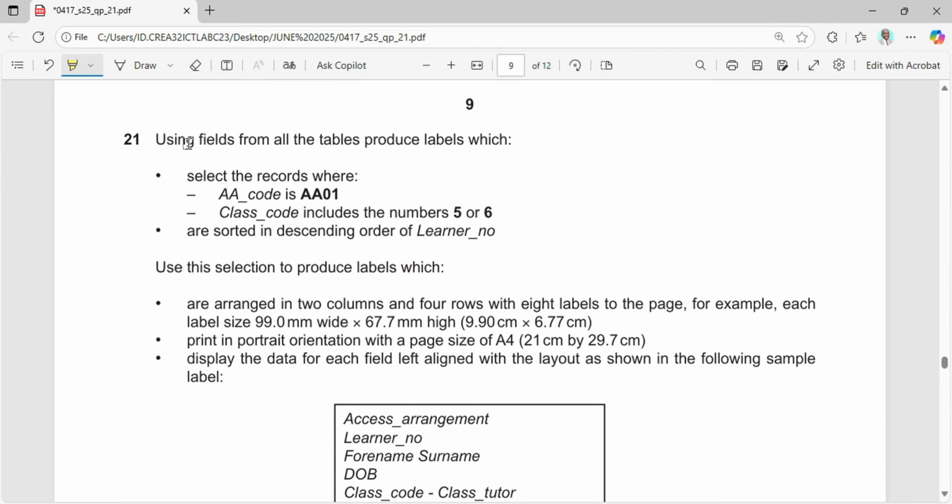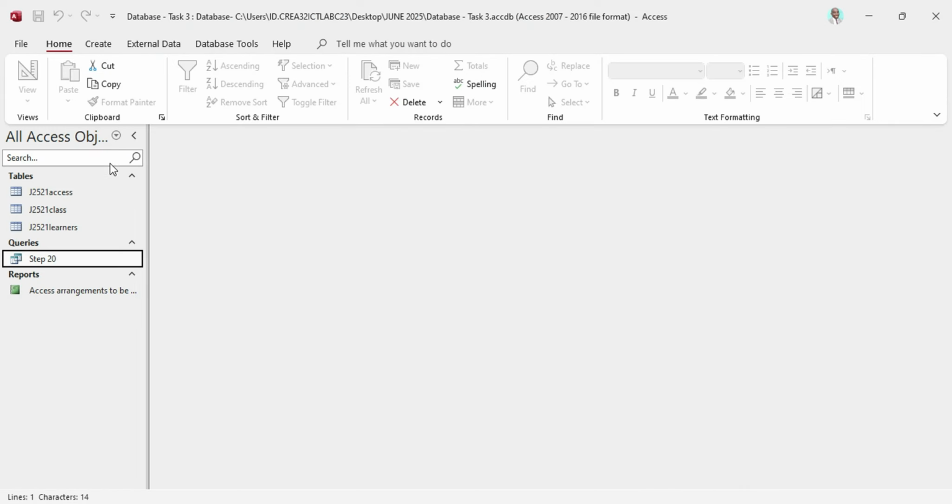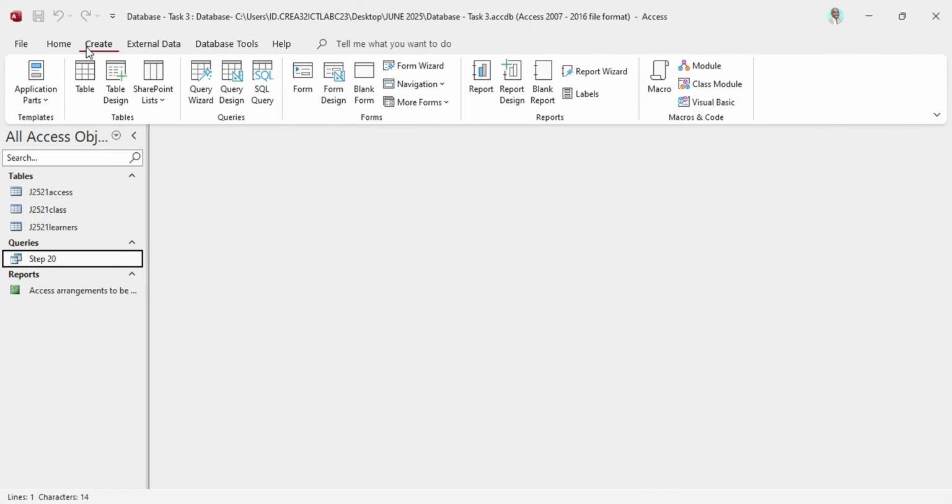Now, step 21, using fields from all the tables, produce labels. Using fields from all the tables again, produce labels. Labels are a type of report in a database. So you create it the same way you create a report. Okay, so I'll go create that. This is step 21, using fields from all the tables. So I'll come here, go to create,